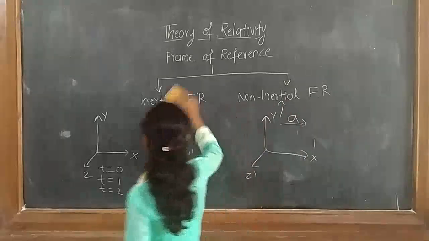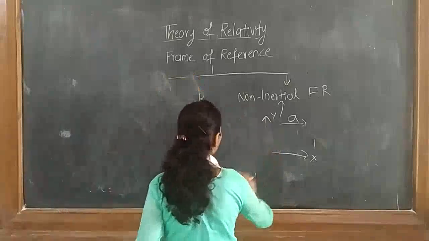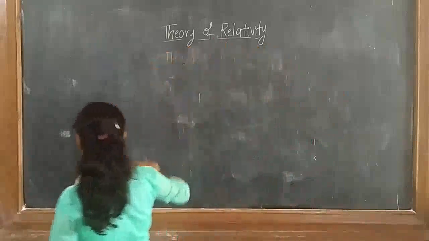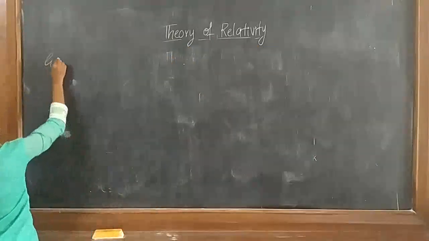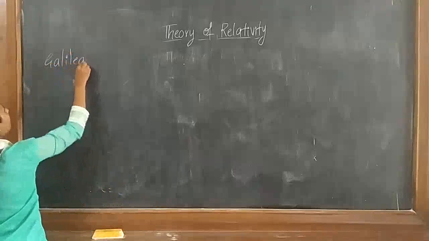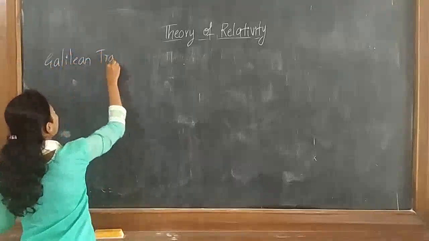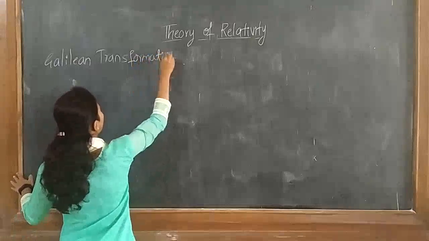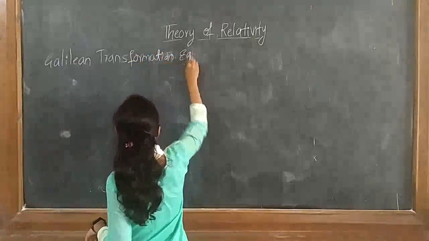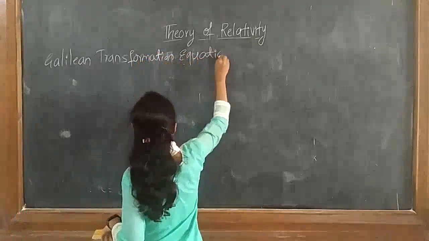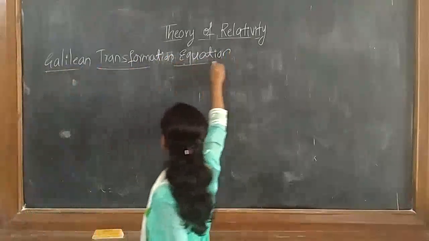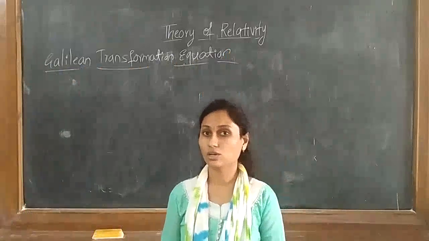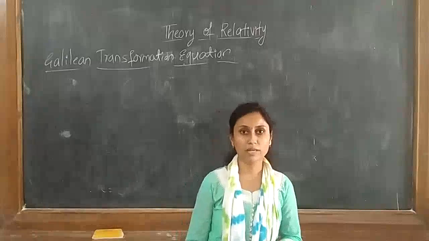Now we are moving to the next concept of this theory of relativity chapter, and that is nothing but the Galilean transformation equation. The Galilean transformation equation. So already while explaining the introduction of the theory of relativity, I explained